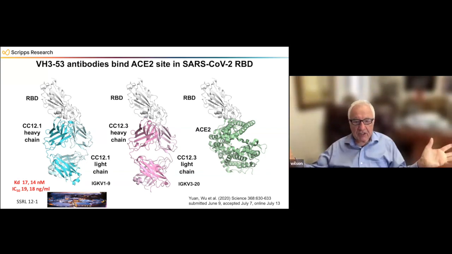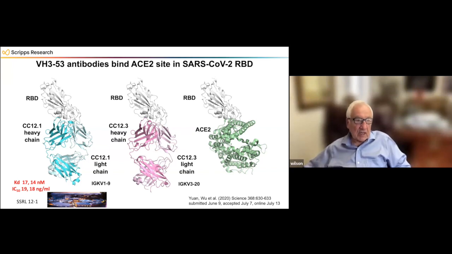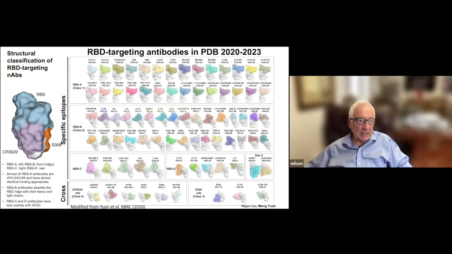So lots of antibody structures started to appear, and we started to categorize them into groups to see where the most prevalent ones were binding. Most of the antibodies bound to the receptor binding site. And for this first antibody that I showed you, the CR302, there was a patch down here, and another lateral patch on the other side. The antibodies that bound to these patches were cross-neutralizing, whereas these tend to be far more specific and were more subject, as we'll see, to the mutations that were acquired in SARS-CoV-2.